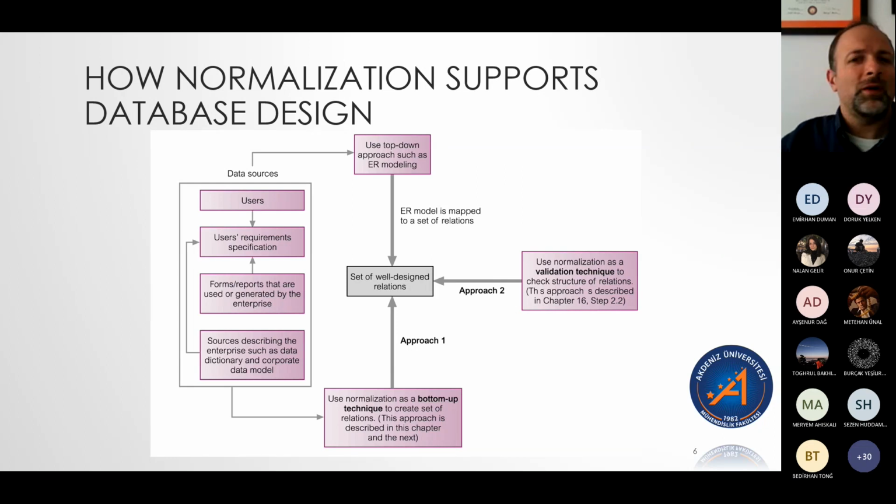We can also take an existing set of tables and produce an ER model from that. There's no one way that's right. We can go both ways, and they can work with each other too. So we may start with an unnormalized data set and normalize it and end up with some tables, and then bring that into an ER model. And then we might modify that ER model